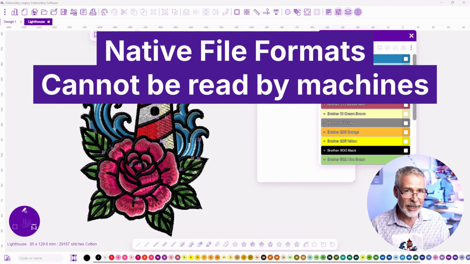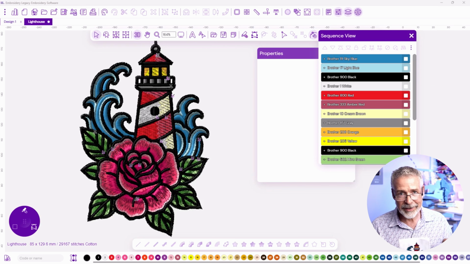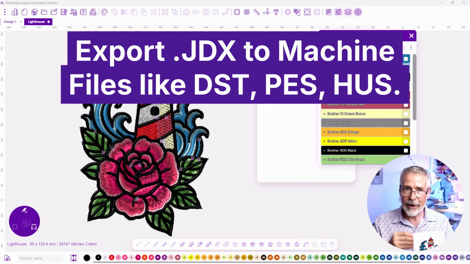You can't load a JDX file into your machine and press the start button. It will not go because it is specific to the software. That's what it's meant for, and that's why you are going to edit your designs with the native file format. I then save out my file to a machine file format, which the machine will read,